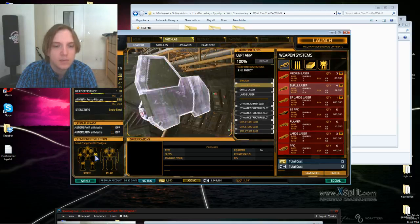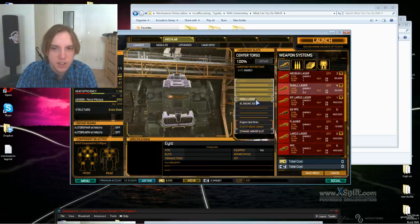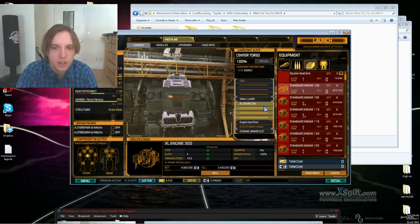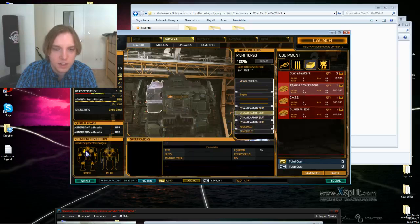So my suggestion with the 2B, to play to its strengths, I've gone with two large lasers, one large laser on each arm, and three small lasers. One small laser on each arm and a small laser in the center torso. I've gone with the XL Engine 300 just because it's the most efficient. In terms of tonnage, I have invested in endo steel, and I've put two heat sinks in the engine,